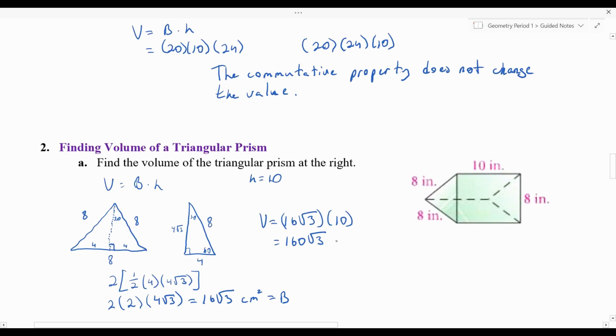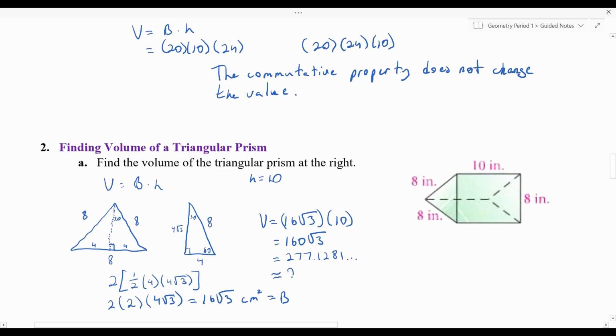Okay, now it doesn't say anything here about leaving this in simplest radical form or rounding to the nearest tenth or anything like that, but we're dealing with whole numbers, 10, 8, 8, and here, so we're going to approximate this. So 160 times the square root of 3 comes out to be 277.1281. So when we go ahead and round this to the nearest whole number to match our information,